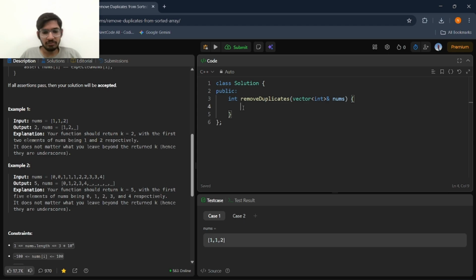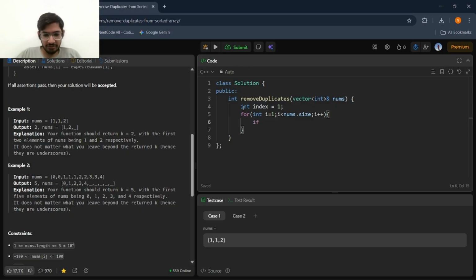For this, integer index equals 1. For loop, integer i equals 1, i less than nums.size(), i increment.